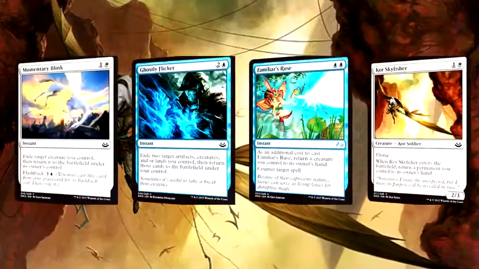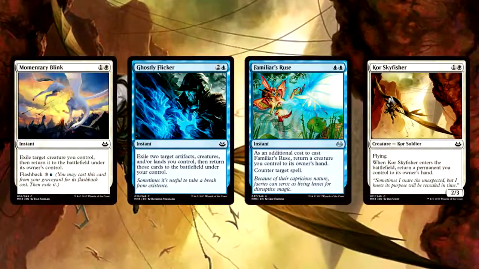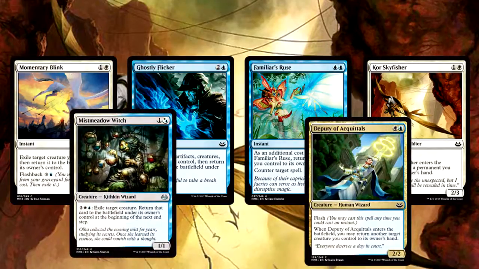Along with these blink-friendly creatures, you actually have to draft the cards that trigger them. Luckily, there are many of them, and most of them are common, so they shouldn't be too difficult to grab. Momentary Blink, Ghostly Flicker, Familiar's Ruse lets you recast for another Enter the Battlefield trigger, Core Skyfisher, same thing. You have plenty of depth in the blink department. If that isn't enough for you, there's also Mist Meadow Witch and Deputy of Acquittals to remind you of your